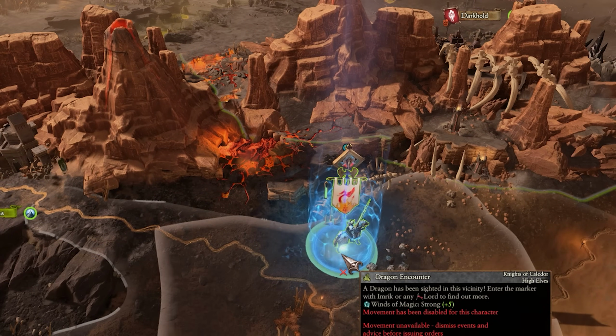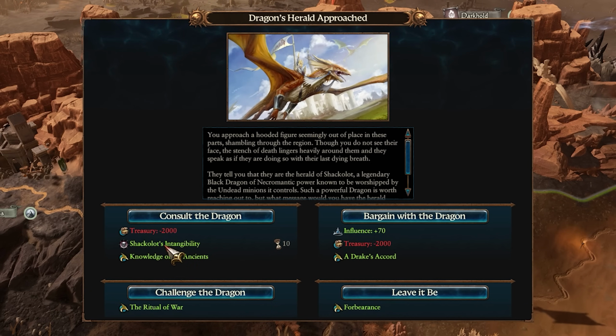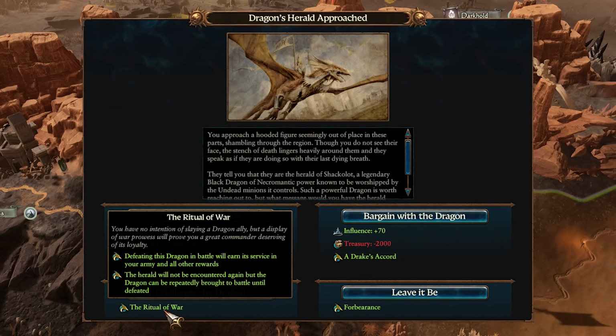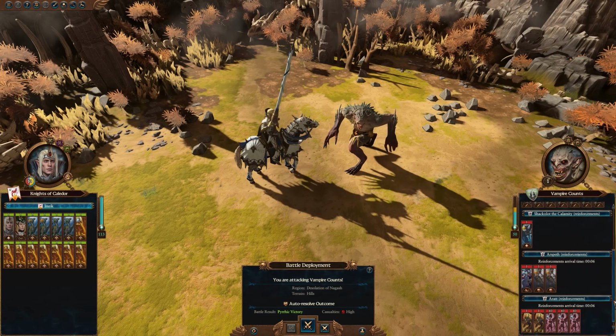About this time, another dragon encounter came along, and I thought I'm finally able to actually challenge this now, and it's for Shakalot the Calamity, the big old black dragon, bastard dragon man. So let's do it. We've got to take on a vampire army with lots of zombies, so this should be